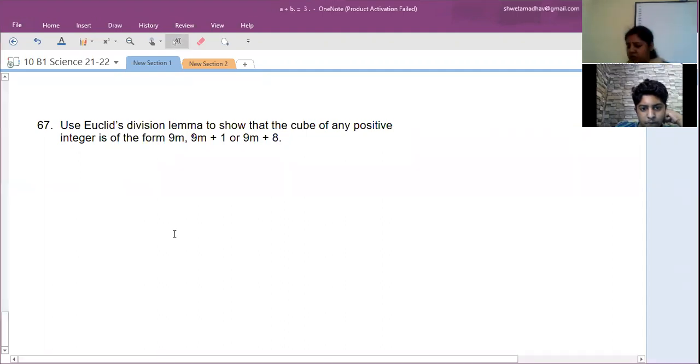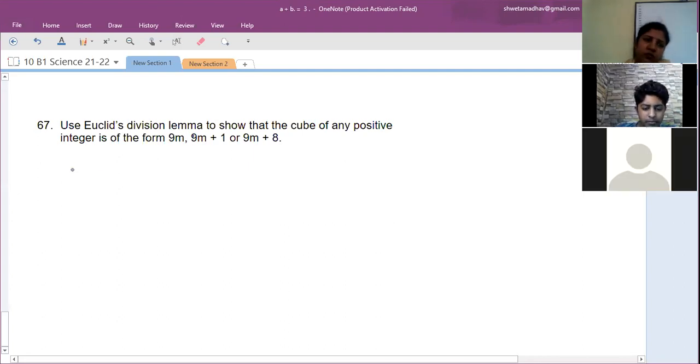Cube. So in this question, we have to show the cube. For that, we have to take the similar condition. You are able to see the screen, right? Everyone? Yes, ma'am. Let a be any positive integer